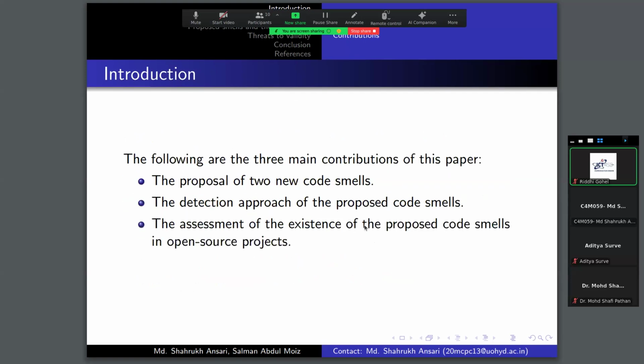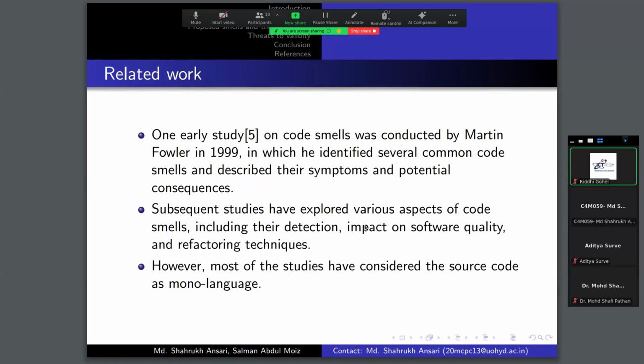So these are the 3 contributions in this paper. We proposed 2 new code smells for multi-language systems. We proposed the approach to detect those code smells, and we assess the existence of those code smells in open source projects. In related work, in one of the early studies,